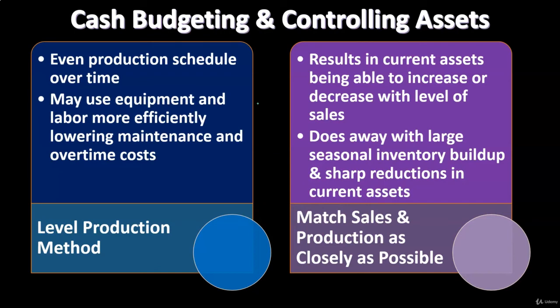Could be some of the way that you'd be financing it in the short term. The other way you can look at it is to match the sales and production as closely as possible. If you look at the production process and the sales process, you'd start with the sales process. You'd say, hey, look, I have a seasonal type of business. What I want to do is try to really downplay the sales and the production process in the low periods, and then ramp up production right before the point in time that the sales are going to be increasing. So if sales increase, say in December or November, then you're going to ramp up production right before that point in time, and you're going to crank out as many of these things as possible so that you can meet the sales for that time period.